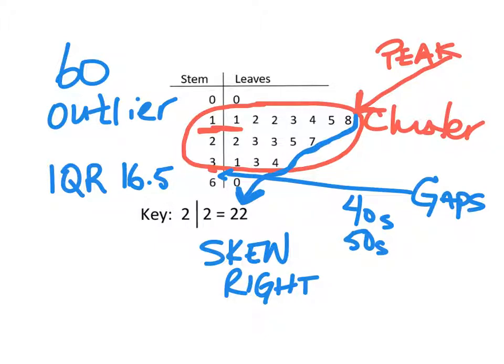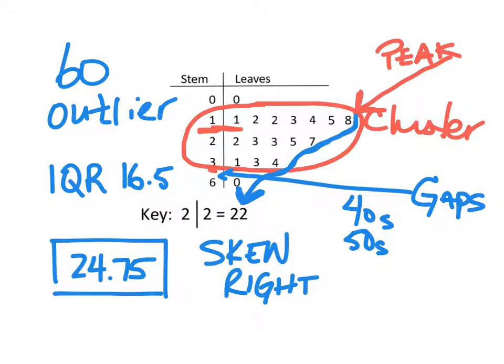If I take half again of 16.5, in other words, 16.5 times 1.5, I get 24.75. 16.5 times 1.5 gives me 24.75. If I add this value to my Q3,